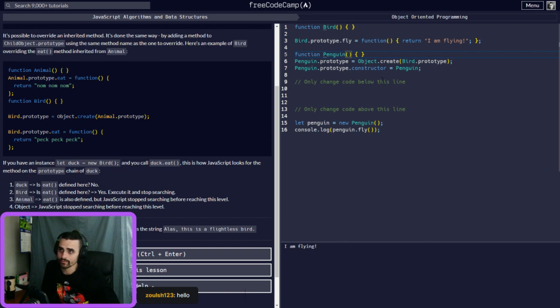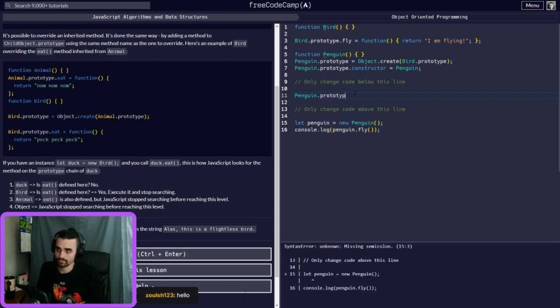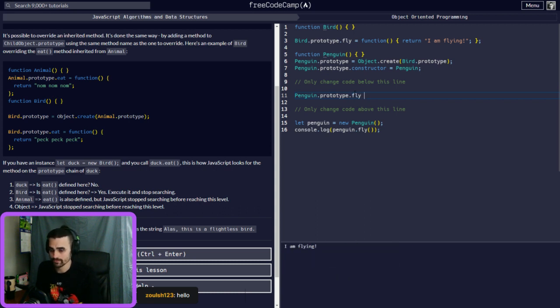You're inheriting everything from here. So let's change this out. Now we want to use the fly function, so penguin.prototype.fly.